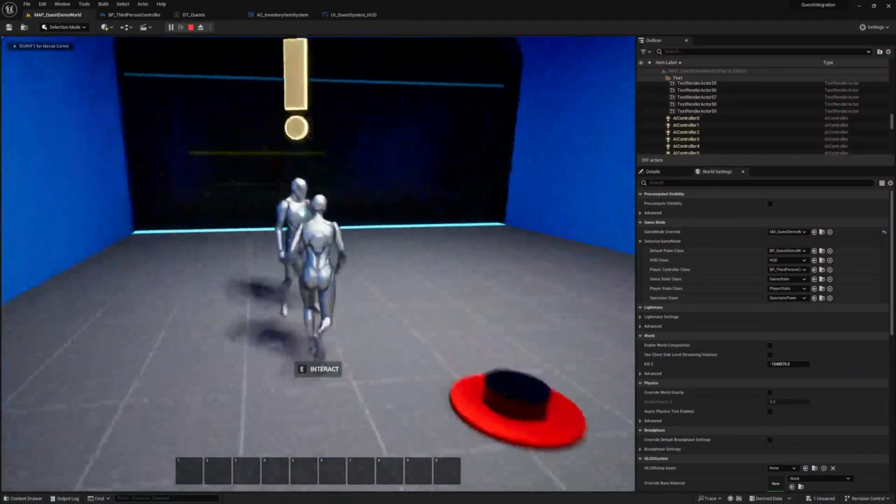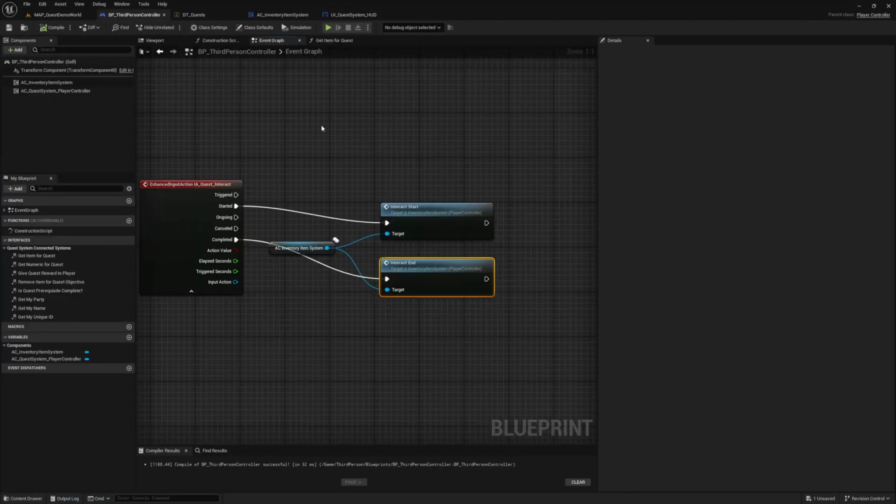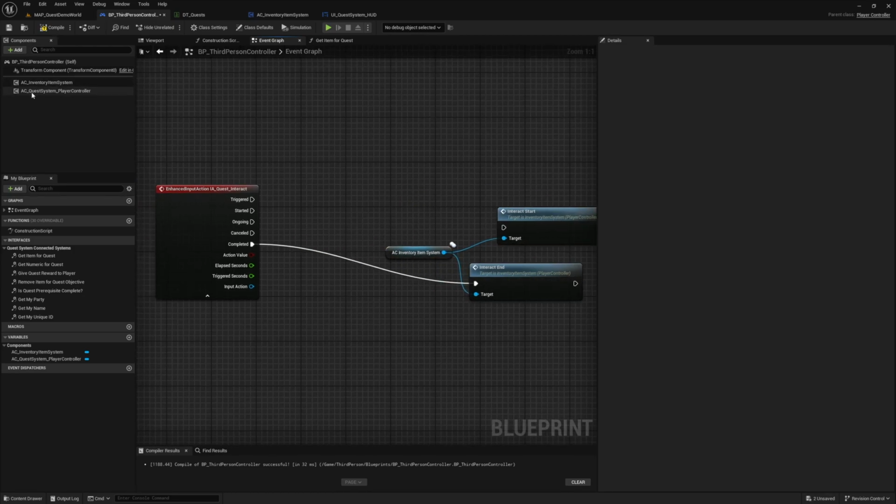If we try to interact with our quest giver, it won't work. And that's because we haven't connected that side of the system yet. So let's do that now. Disconnect the started path and move down the inventory system interact events to make some room. Then drag out a reference to our